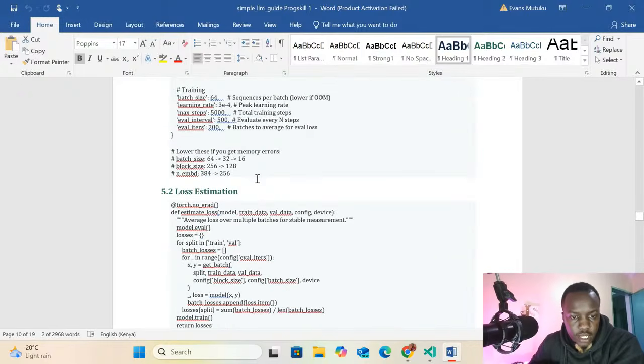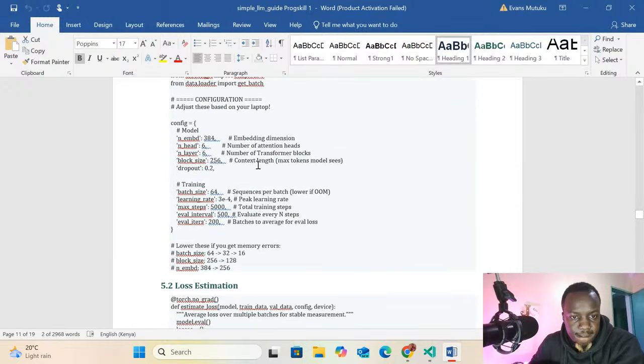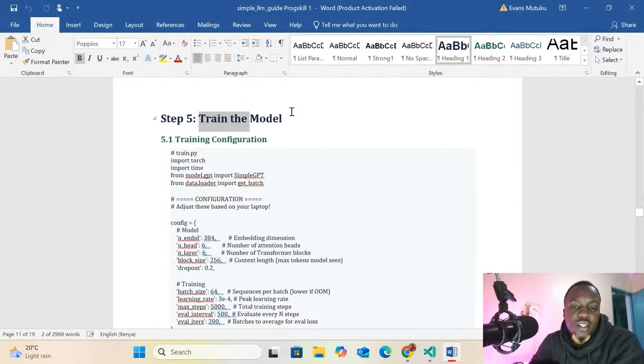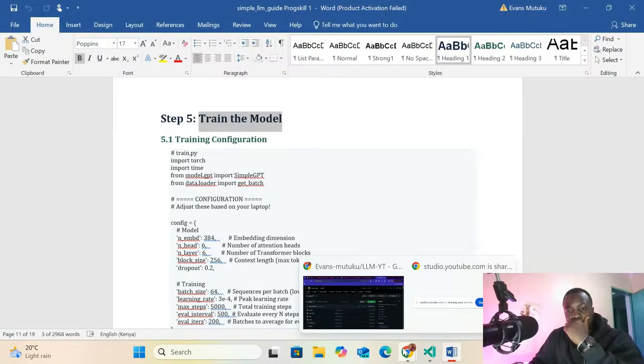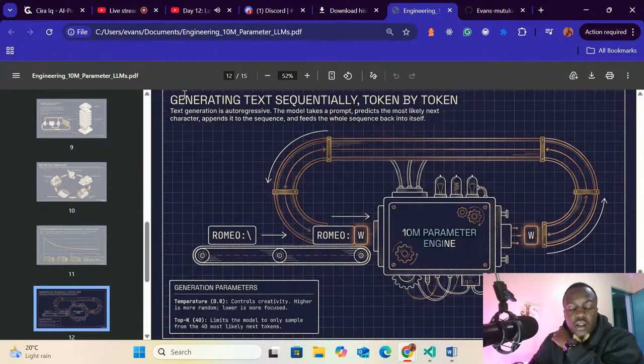We need to create the training model. Maybe we can create this next time. We are trying to train this. But for now, let me check where we are when it comes to this architecture.